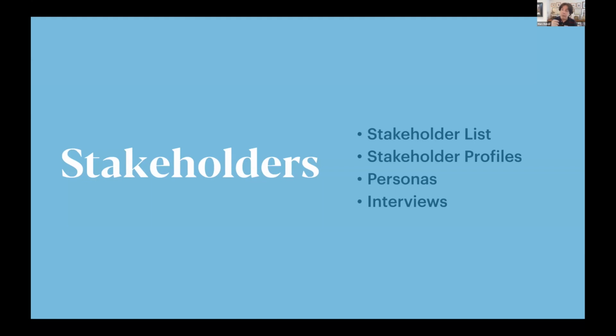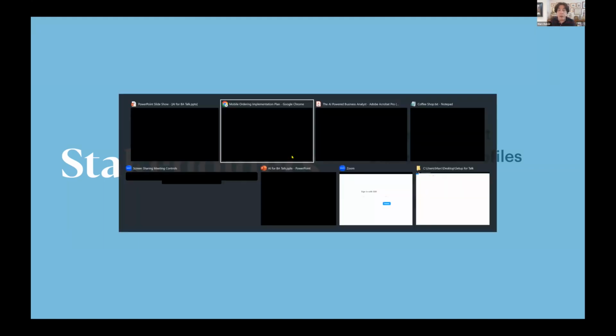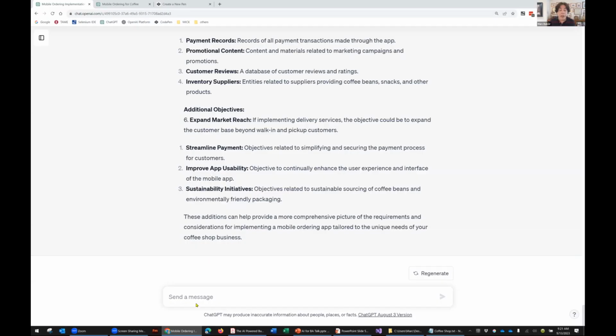Okay. So one of the key areas that we need to work with is who are our stakeholders? And we're going to get up to the point of being able to use the AI as a stakeholder and interview that particular stakeholder. So to get there, we're going to go through a series of steps with our agent. We're going to use these set of steps to first say, can you give me a list of stakeholders?